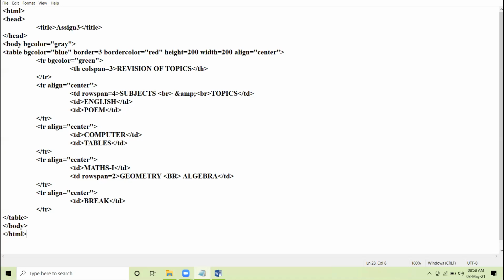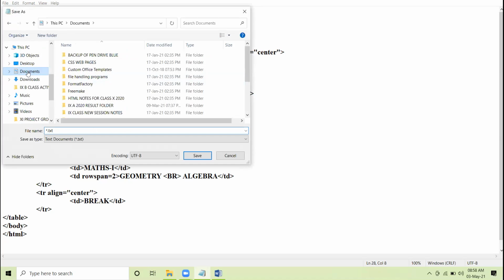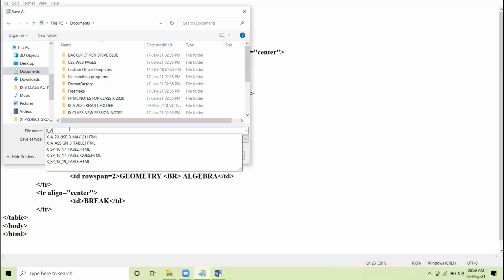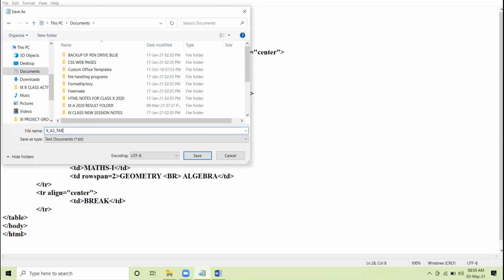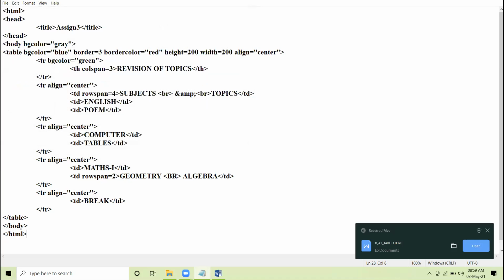Right? So let us save the table. I'm saving in documents. 10th assignment 3 table.html. Let us see the browser view.